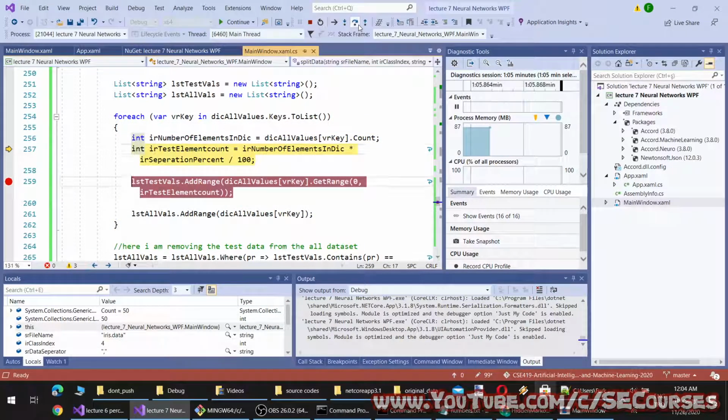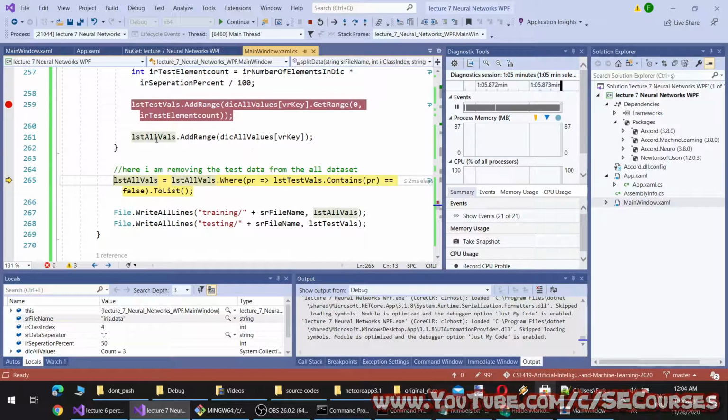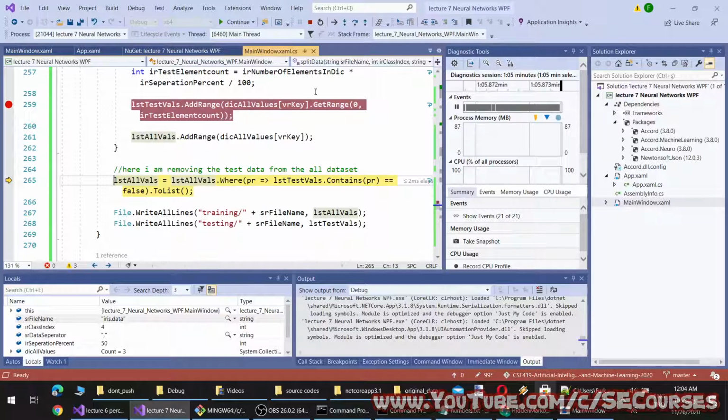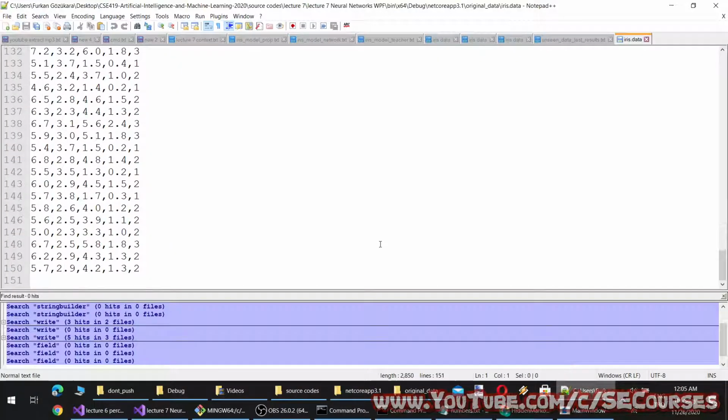So there may be duplicate data which may cause this. I'm not sure. Okay, 150 and 75, and yeah, probably this data set has some duplicate data. Let's check it out.